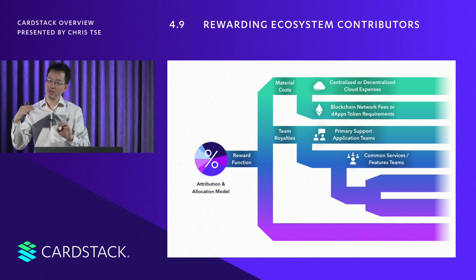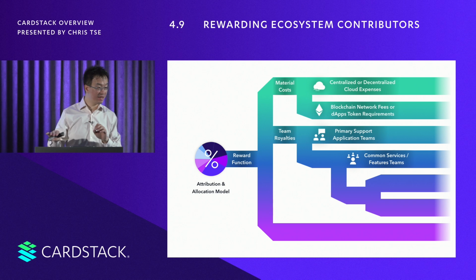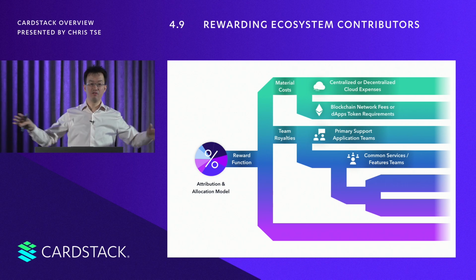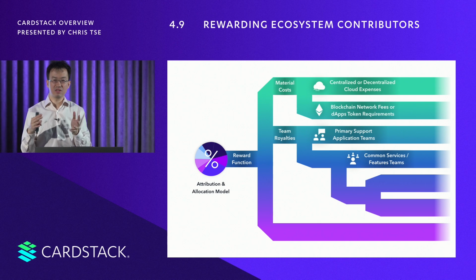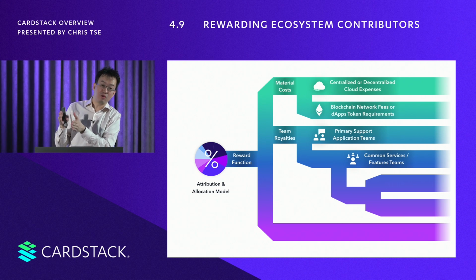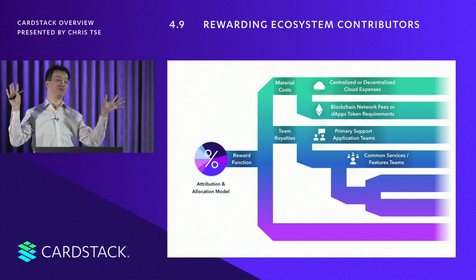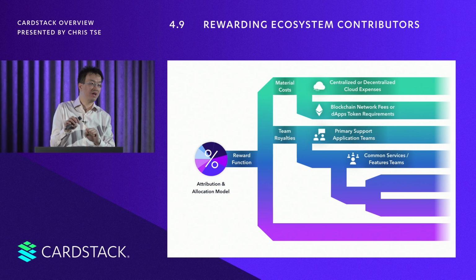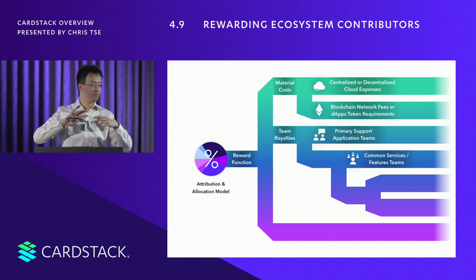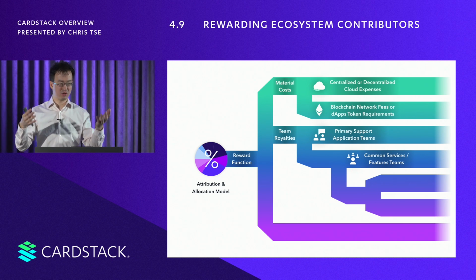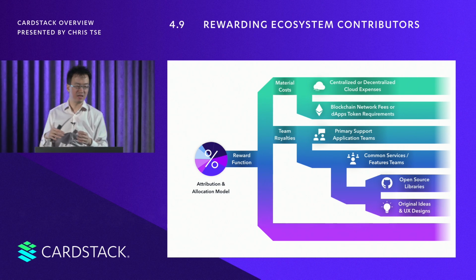And the primary team that's providing the support will also need secondary teams that are providing common services, for example, in-app messaging, backup or notification. These little components exist in many, many applications. And there are people who say, hey, I don't know what you're doing, but I know how to do image processing. I know how to do image classification. This is my code. This is my tool. And people even today use that as a way to make sure the second tier of services can be included as well. And underneath that are the